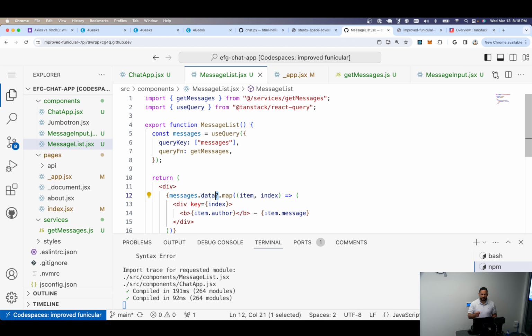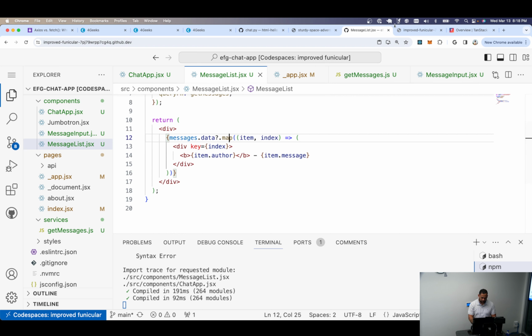That question mark is essentially a way to shortcut the thing that comes after. That means that if it's undefined, nothing will be executed after, so that map will not be executed. It's like a short circuit there. Now, when the server responds and we have the data, then it will have that data. Okay? So now my app